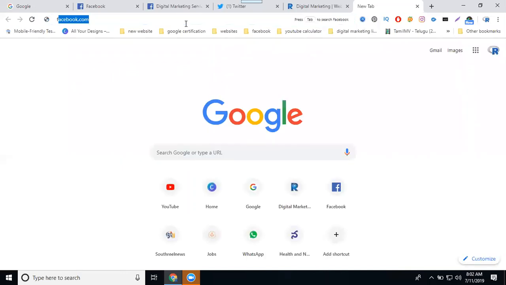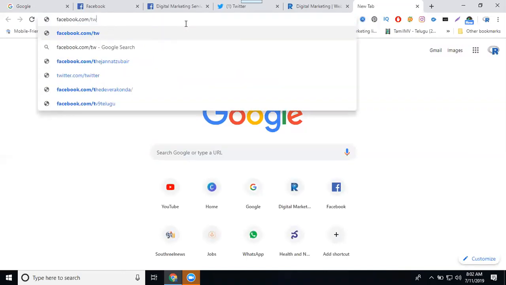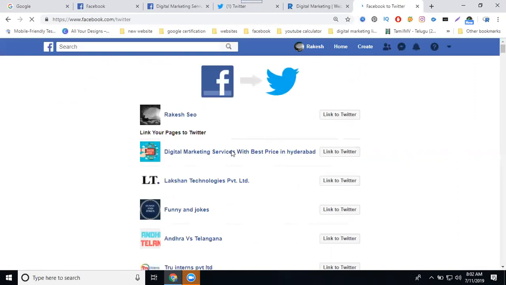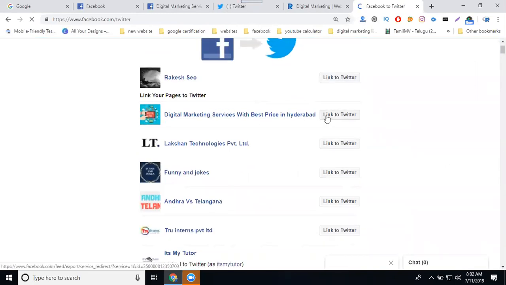That URL is facebook.com/Twitter. Suppose you regularly post content on your Facebook wall, your profile wall. It automatically displays on the Twitter. So first, link your profile to Twitter, or else link the page to Twitter.